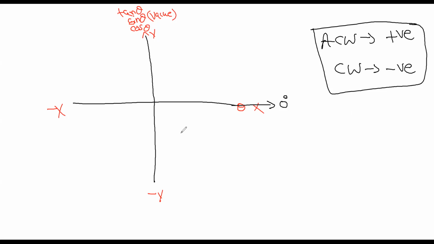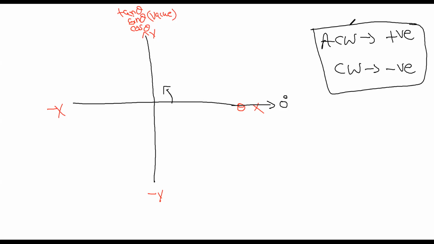Actually, these are generalized by the International Institute of Mathematics. They have told us we have to follow one particular method, otherwise it will be confusion. If some follow anti-clockwise as positive, and other people follow anti-clockwise as negative, then it will be different. So they generalized it and told us that throughout the world we have to follow this method itself. That's why you are following this.